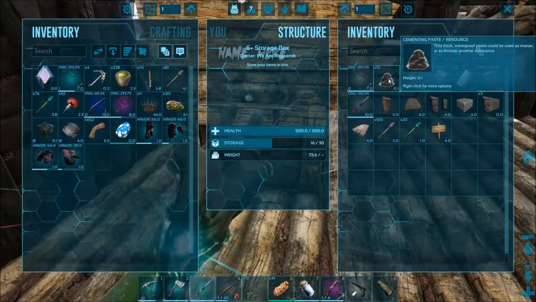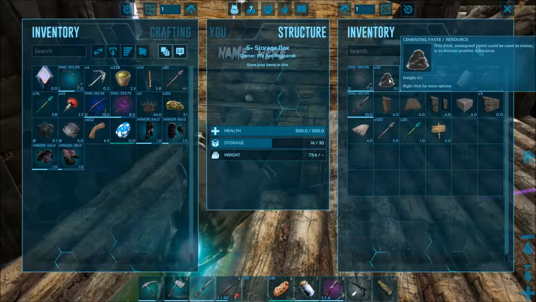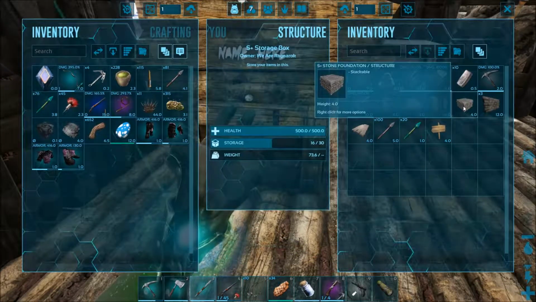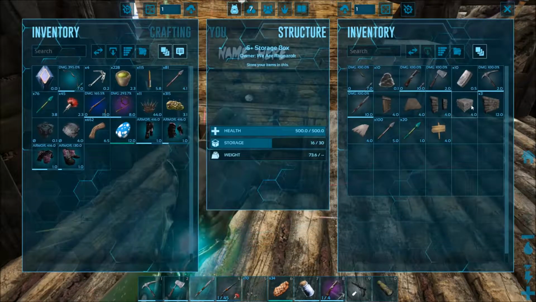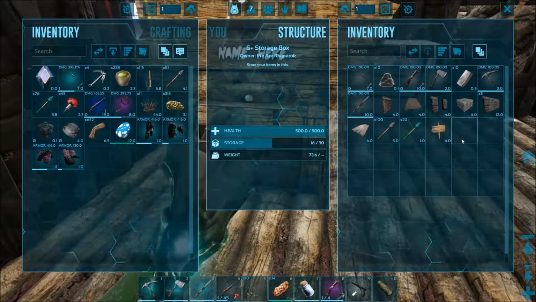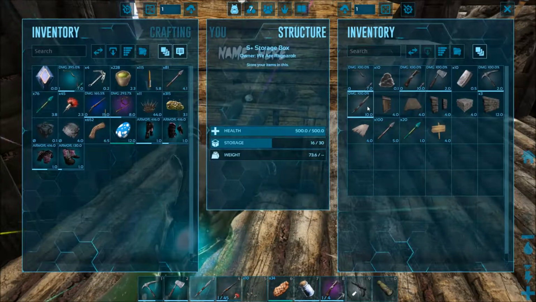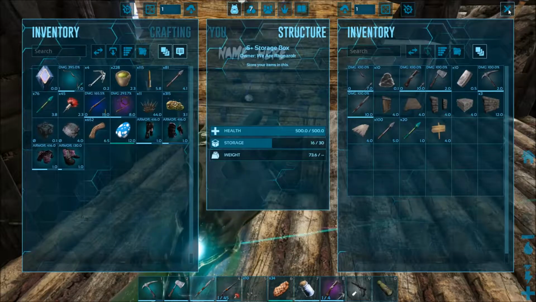Cementing paste for the beginning to see if there might be something that you might need. Cementing paste for a ceiling, a door frame, a stone foundation, three walls. That gives you enough to put a very quick, safe place together, and of course a door to close it all off. A metal pike, and those are great to defend yourself, especially in this area with all of the